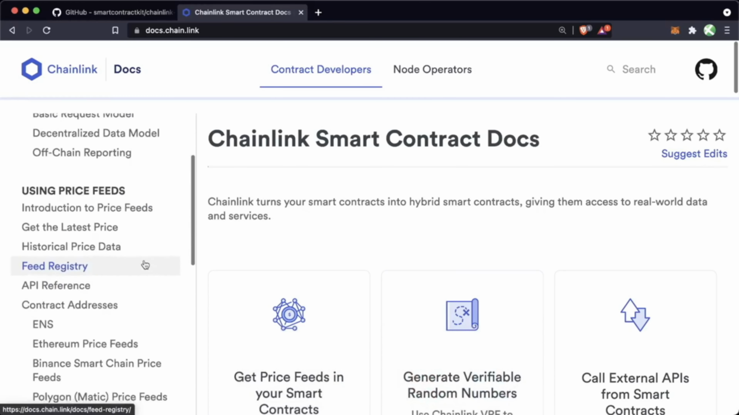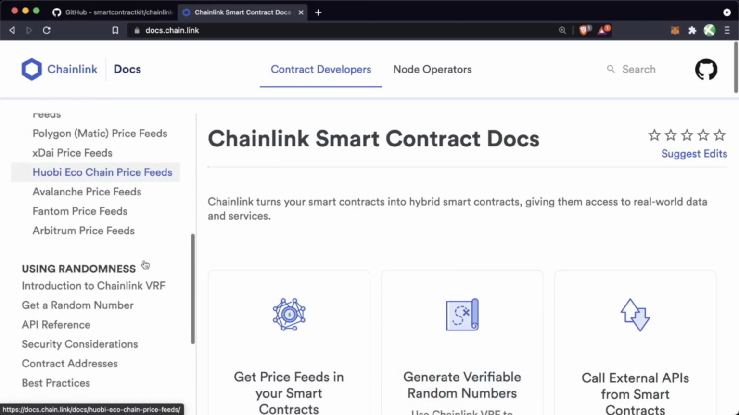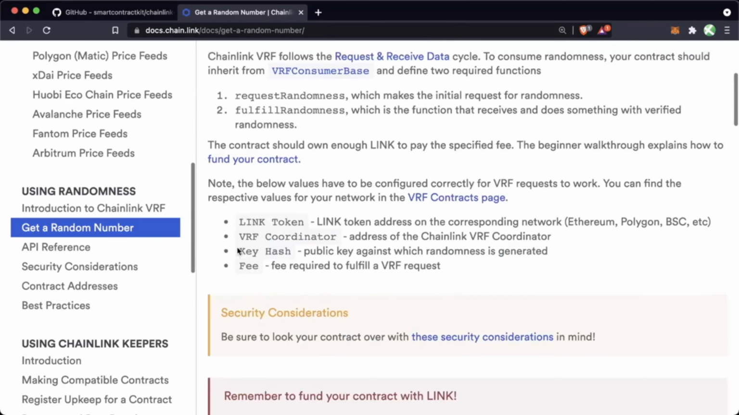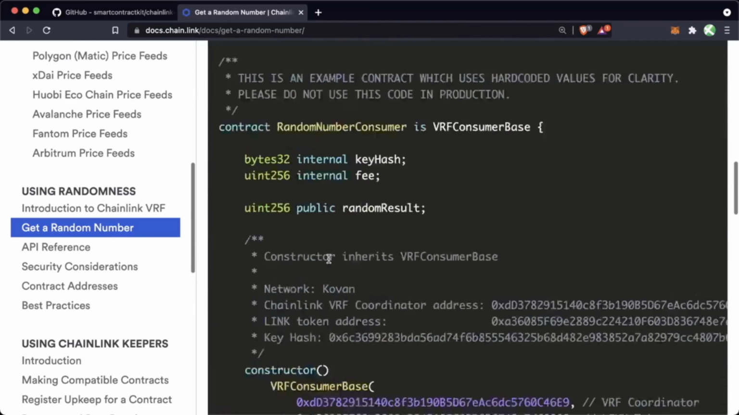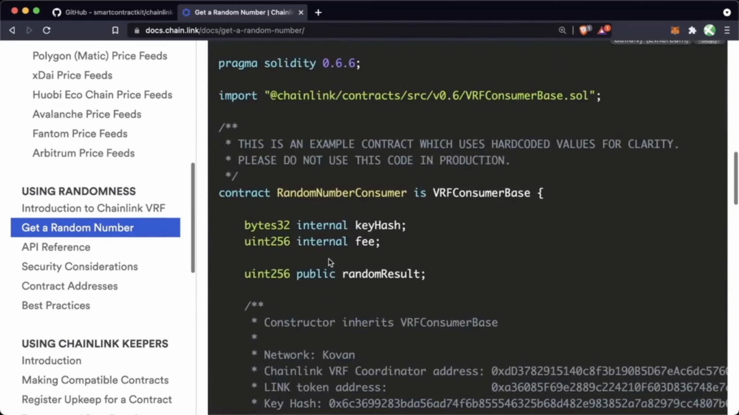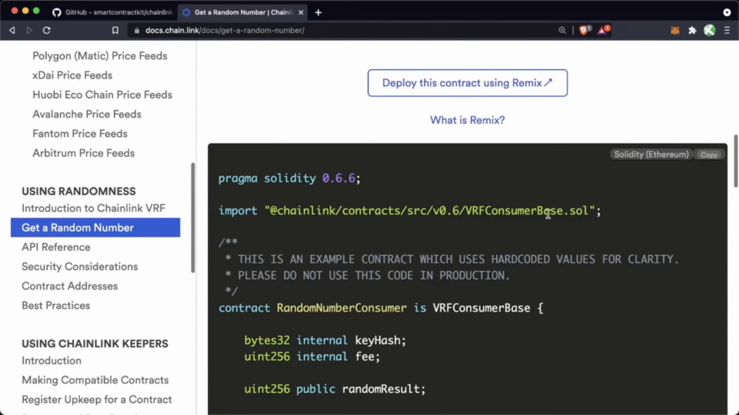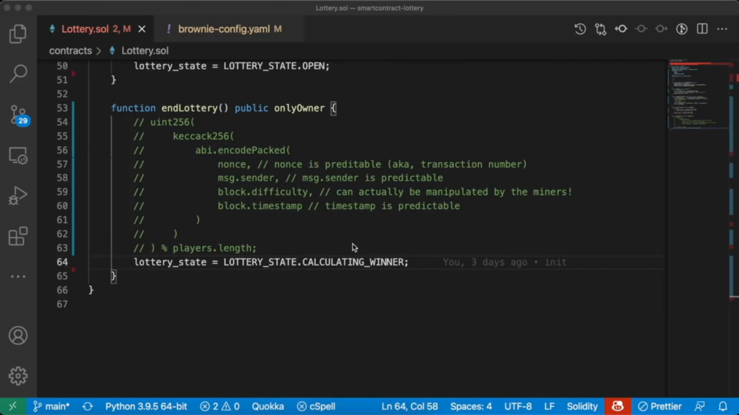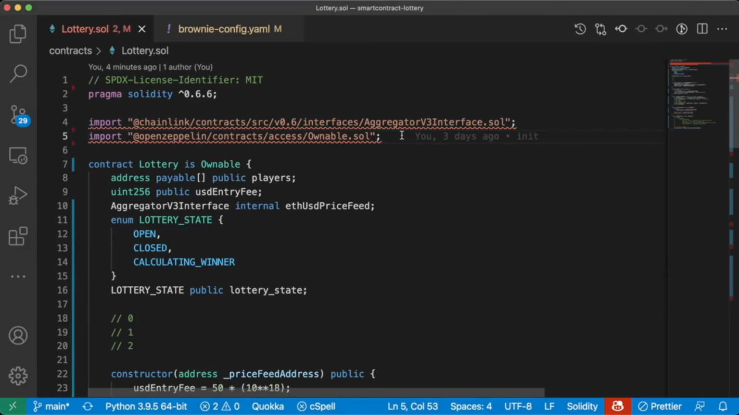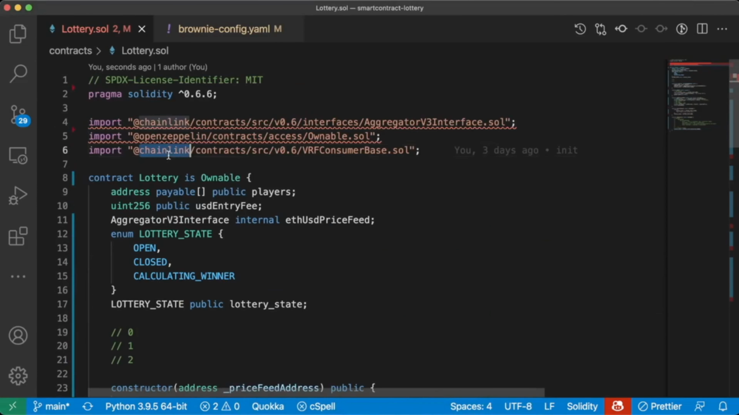So in our Chainlink smart contract docs, of course, we're going to scroll down. We're going to go to our get a random number bit here. We can copy and paste all this code as well into our smart contracts. So the first thing that we're going to need to do, of course, is import the VRFConsumerBase code. Let's move back over, scroll to the top, and we'll just paste this in at chainlink/contracts/src/v0.6/VRFConsumerBase.sol, and we'll inherit this into our lottery contract. So we'll say the lottery is VRFConsumerBase,